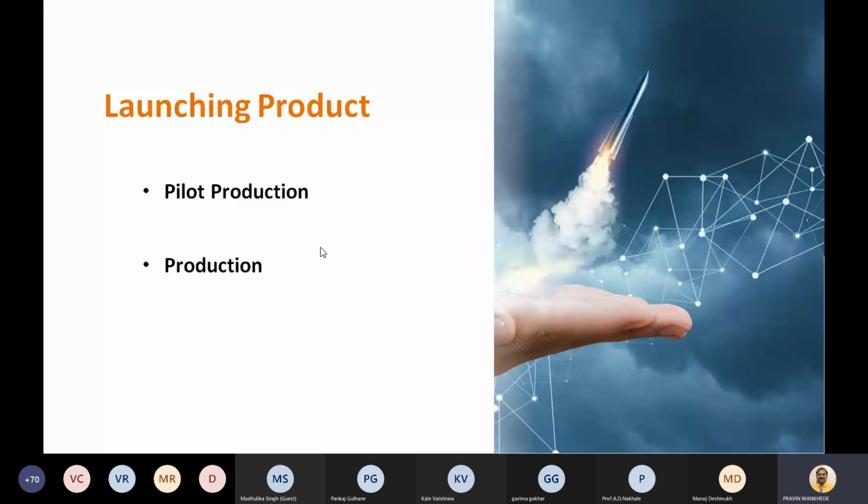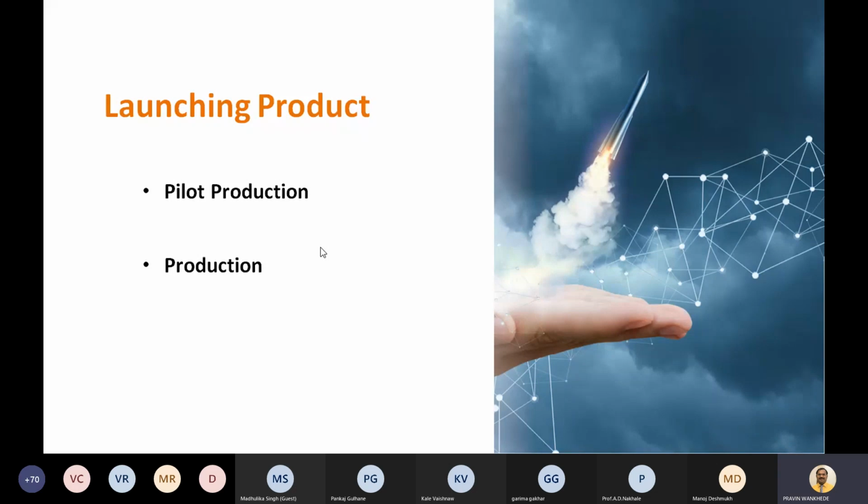Generally, the number of units that we build in the pilot production depends on the nature of the product, and most of the times it may be 50, 100, or it may be 1,000 or 2,000 only. Just like if your part is very small and the customer's requirement at the initial stage is very high,